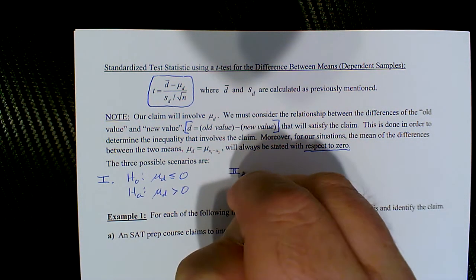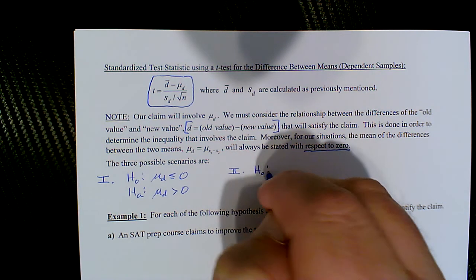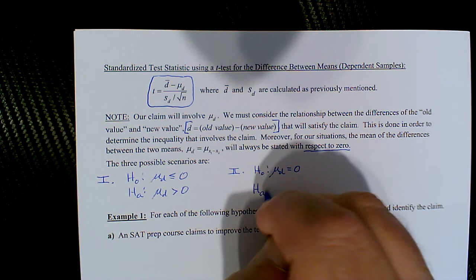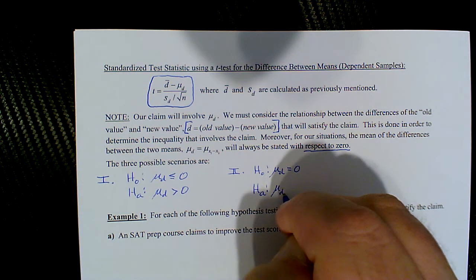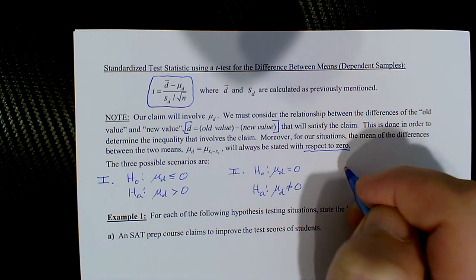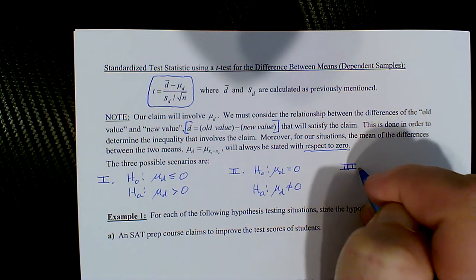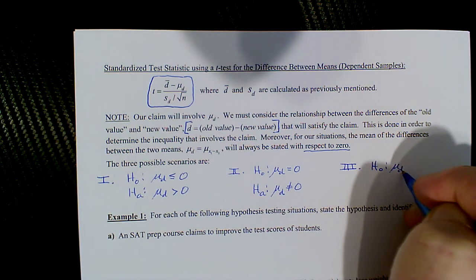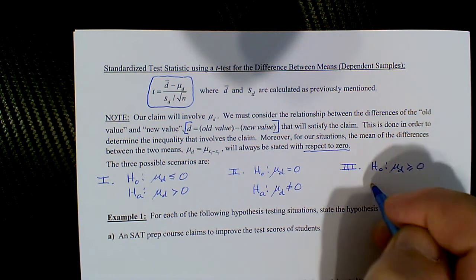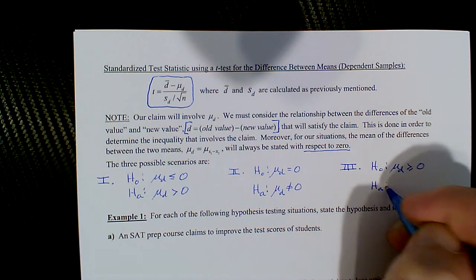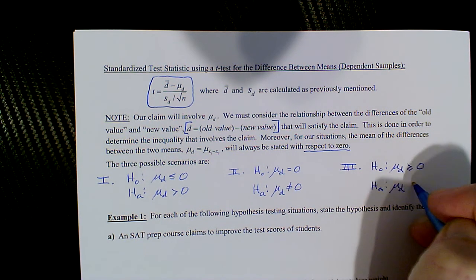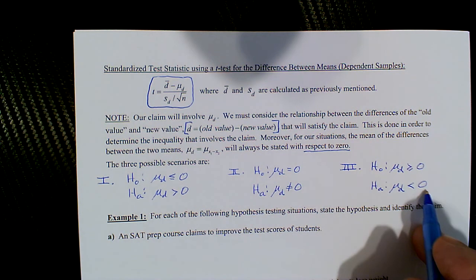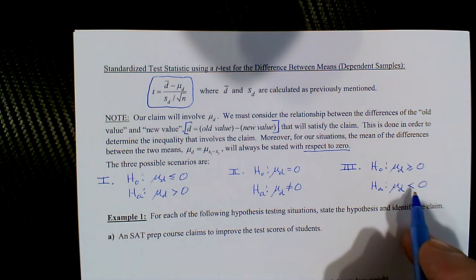It could be such that for H0, mu sub d is equal to 0, and HA would be mu sub d is not equal to 0. And then the third case would be H0 is mu sub d is greater than or equal to 0, and HA would then be mu sub d is less than 0. But it's all going to be based with respect to 0, and we do have to determine if it's going to be,